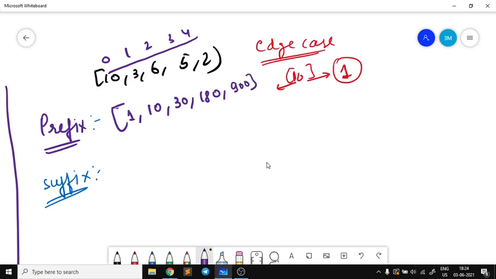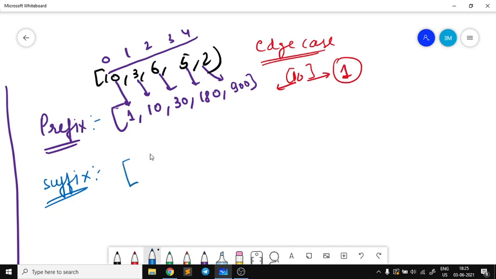I hope you are understanding how the prefix array is computed. So this one is for this one, this one is for this, and so on. So I will define again what our prefix array is doing. For a particular index, suppose I'm talking about this particular index, it is index number 2. It is storing the product of all the elements on the left hand side, excluding the element at that particular index. If I'm talking about the second index, we are storing the product of the 0th index and first index only, excluding the element at the second index. That's why we are getting 30, that is 10 into 3 only. In a similar fashion, I hope you are understanding what I'll do with the suffix array.